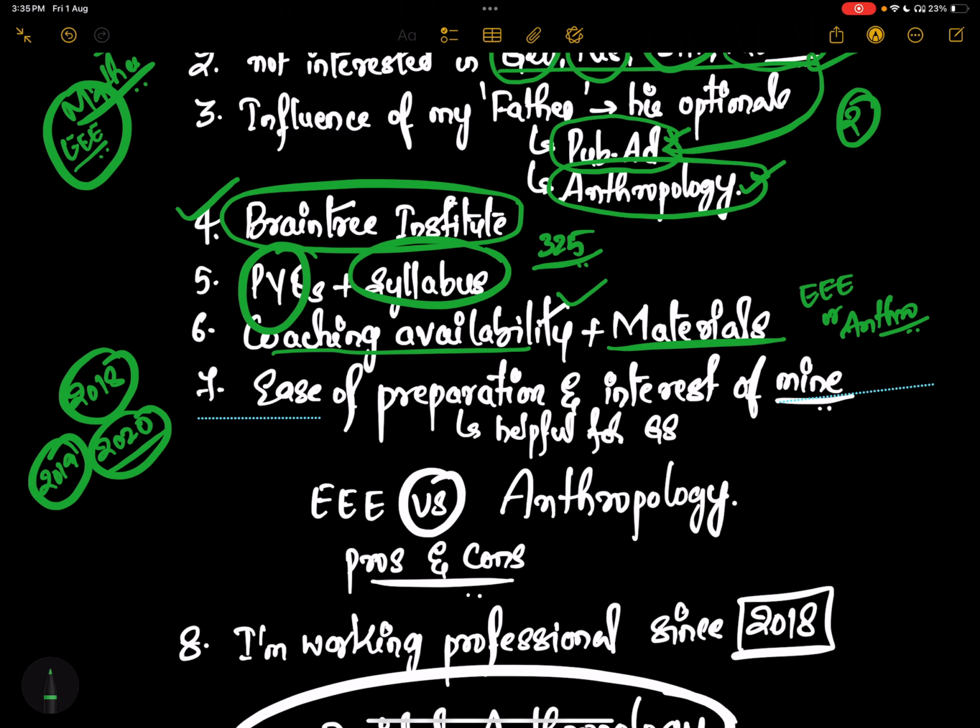I also got affected. My family also got affected with the disease, but nothing serious happened to us. We are all safe. But it shattered my dreams. I couldn't go to Delhi. I had to work in my organization up to 2022, then take long leave, and I couldn't go to Delhi.